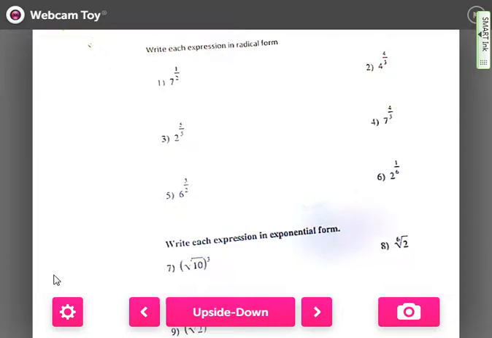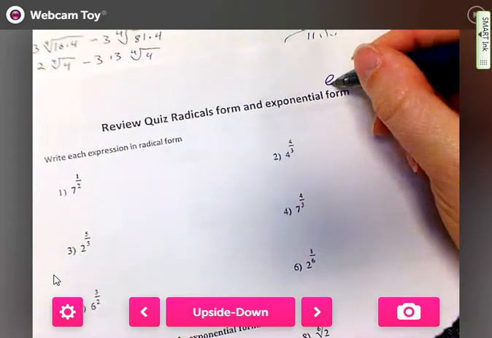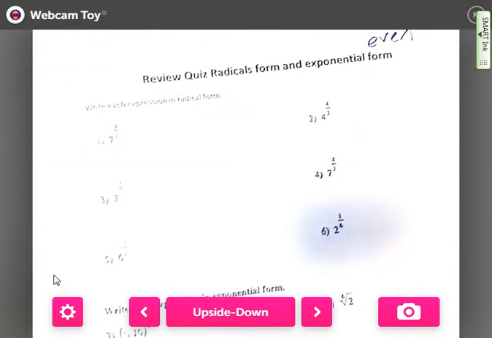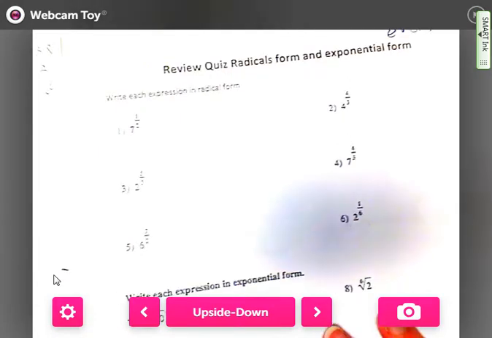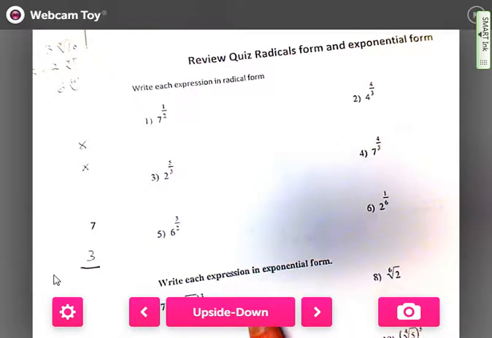Again, I'm telling you right now, you only have to do the evens. I will change it in PowerSchool on my website to say that you only have to do the evens. So let me just do at least one from each section. I'm going to do the odds because I want you to do all the evens. Okay, so